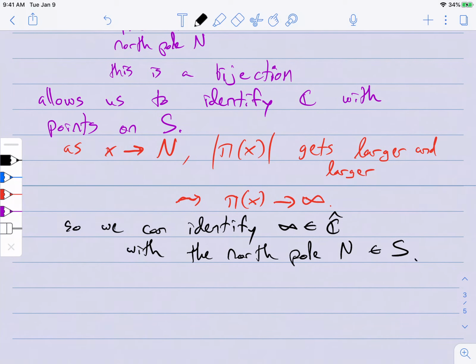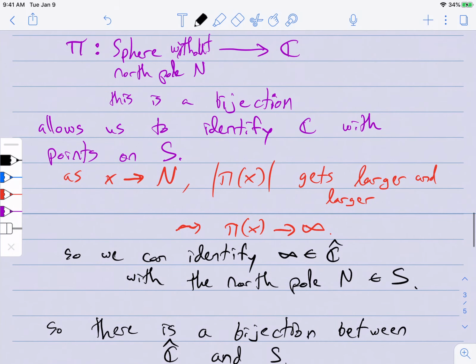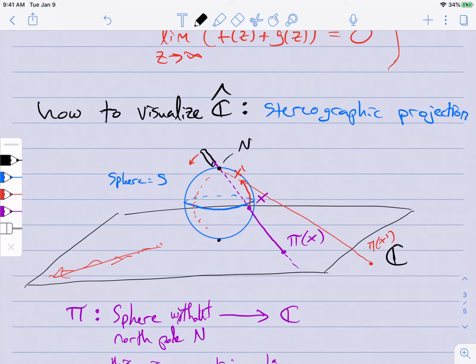In other words, there is a bijection between the points of the extended complex plane and all the points of the sphere. Because previously we're just missing the North Pole, but we see, oh, the North Pole actually just corresponds to this extra point at infinity. And so the way to visualize this identification is you're kind of taking the complex plane and you're like wrapping it up onto this sphere,